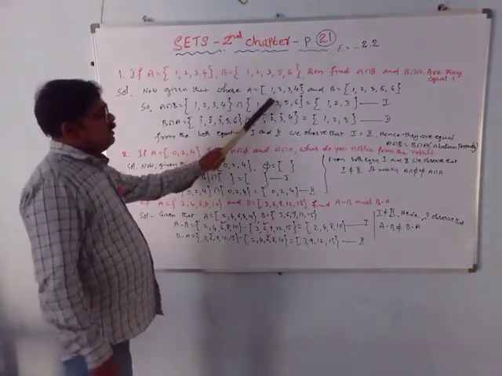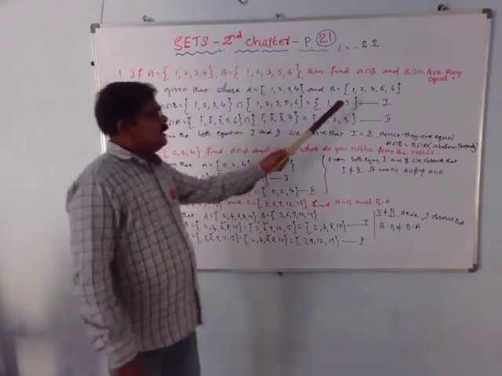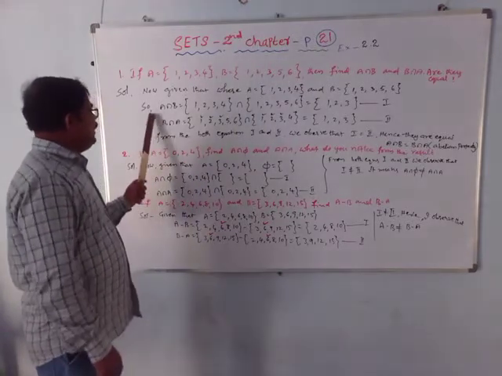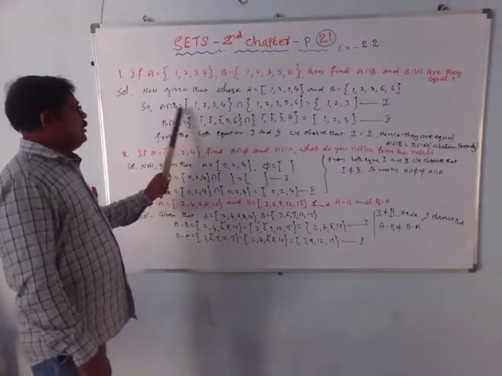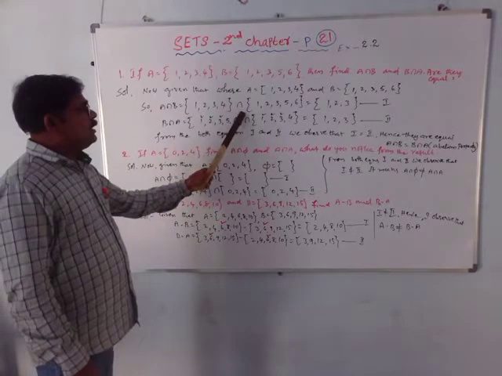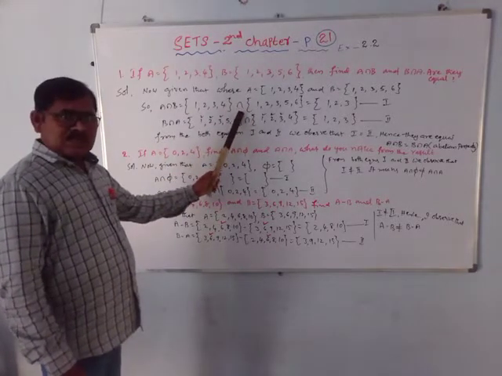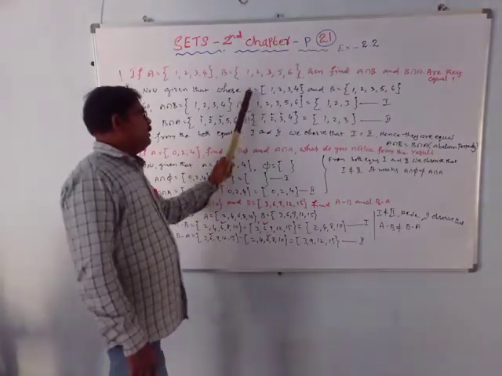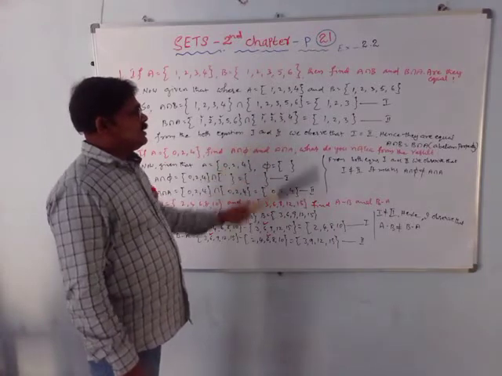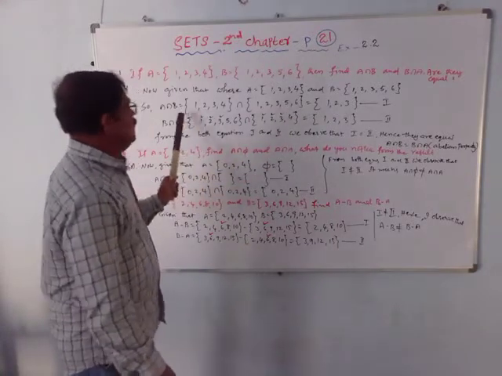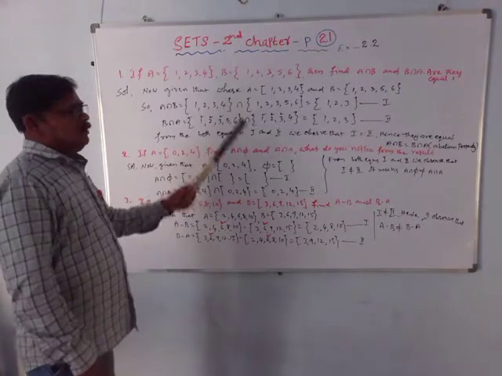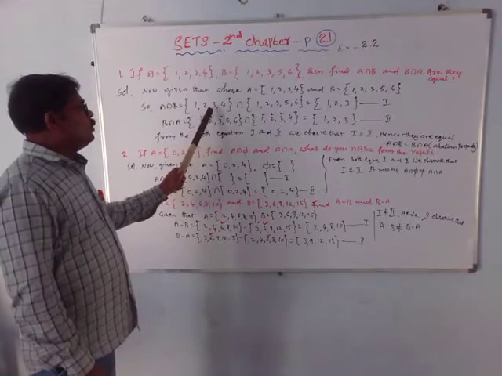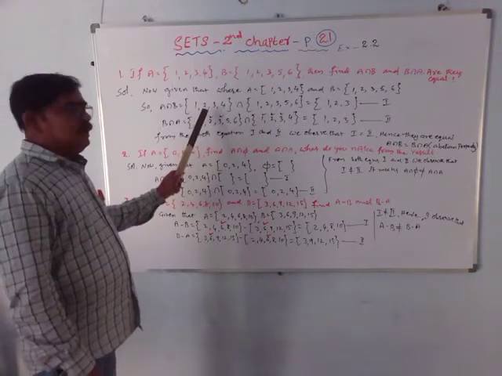In set A there are 4 elements. In set B there are 5 elements. I am finding A intersection B. A means the set {1, 2, 3, 4}, intersection. This symbol is written as the cap symbol. Where B is equal to {1, 2, 3, 5, 6}. In both sets, the common elements are written in the result. Here, the common elements are 1, 2, 3 in A.